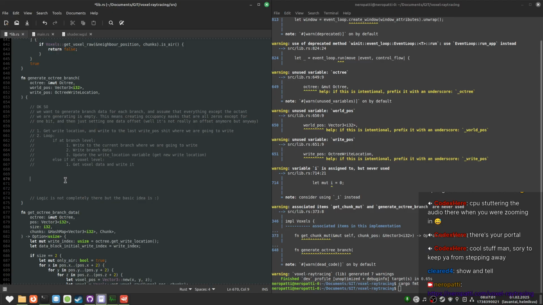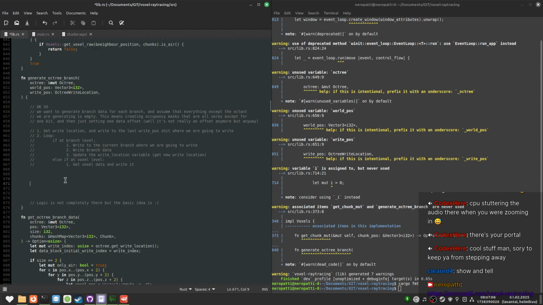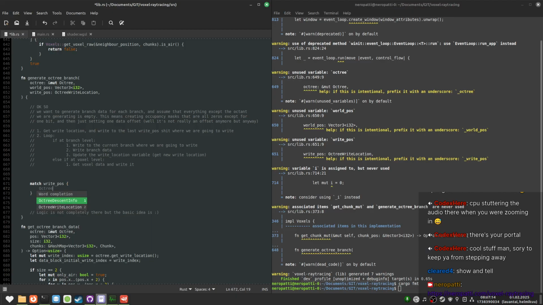Now my brain is actually starting to work. Well, we should assume that it's branch data. Right, if it's voxel data, then something has gone wrong.